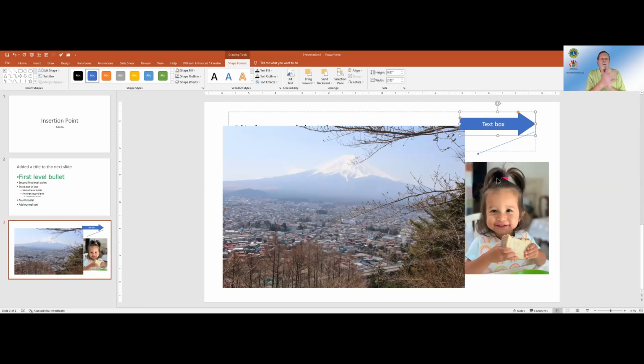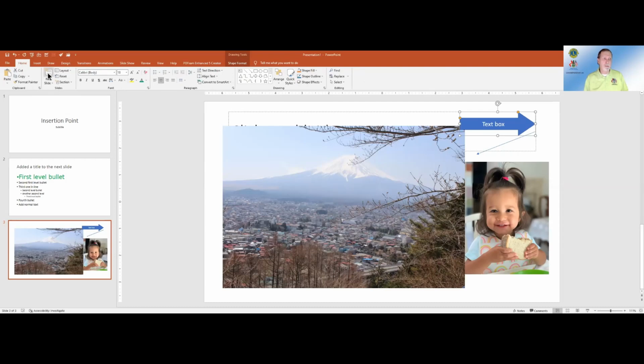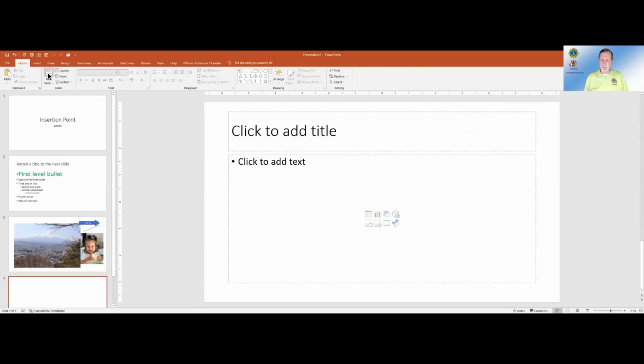All right. So when we're working with slides, we understand that we can, from the Home tab, add a whole bunch of slides. And now I want to briefly discuss how to rearrange the slides. It's going to happen to you sooner or later. You're working up your presentation and things are going well. And then you realize that you've got 37 different slides and, oh, I didn't put those in the right order. I need to make, now what do I do?